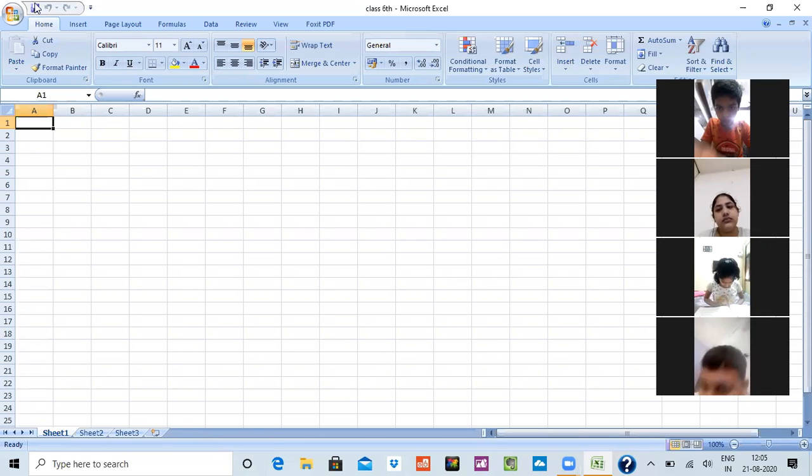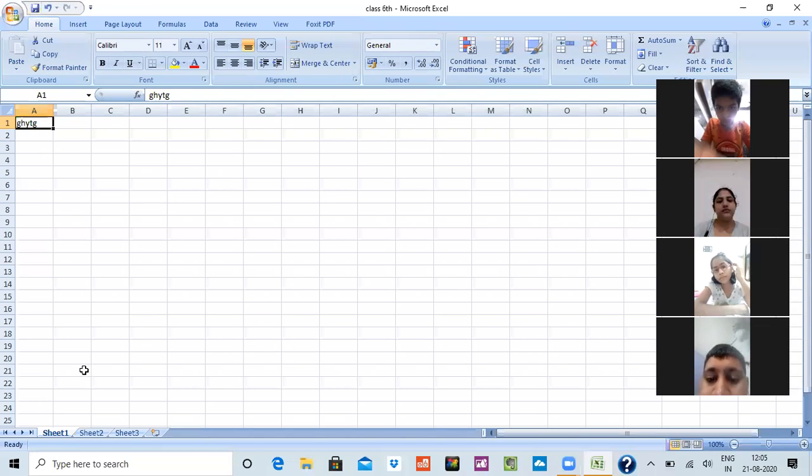You can just click on the save option to save the data. For example, I am writing GHT, anything, and I have to just click save. See over here, there would be a caption shown saying saving, and it is done. If I close it also, then I can open it again, and my data would be here only. Okay, so this is the quick access toolbar, and this is the title bar.